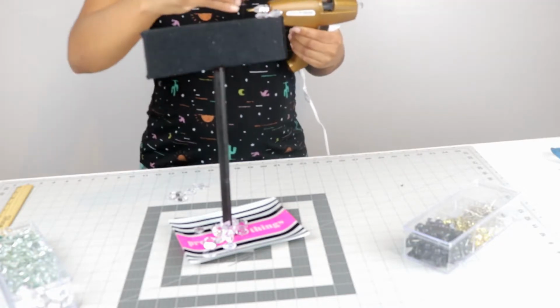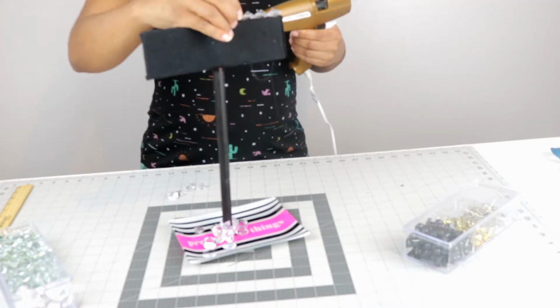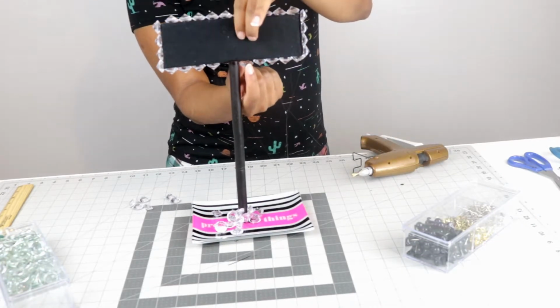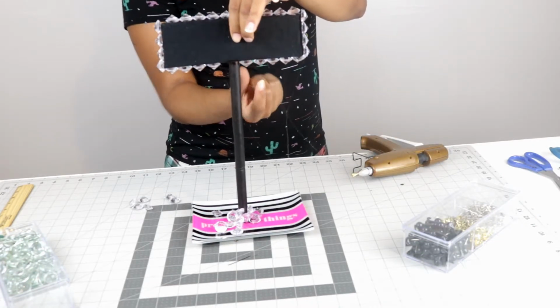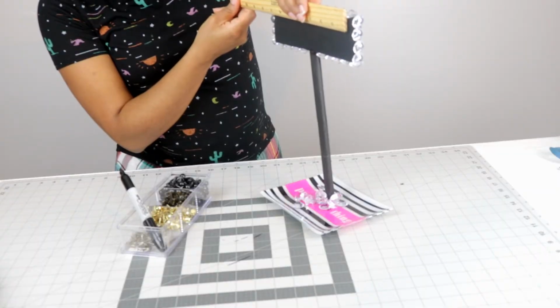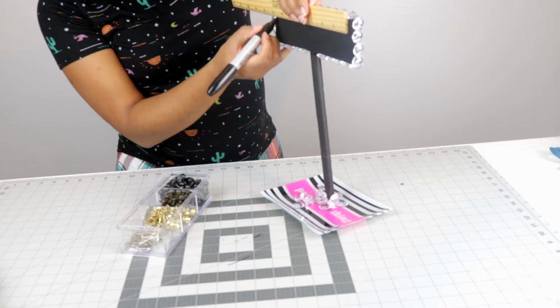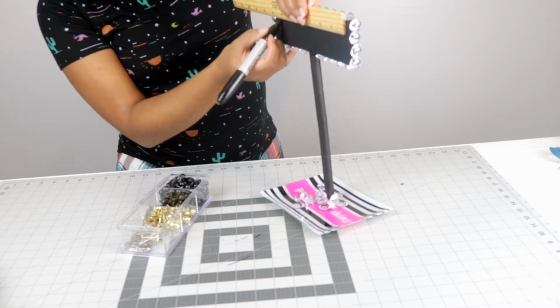Again, I want it to be blingish. I want it to be really girly-ish, and this was the idea I had. You can totally omit this or use a different type of jewel if you wanted to, but to me, this just looked so fabulous. Next, I got my ruler, and I equally spaced out the dots going all the way across